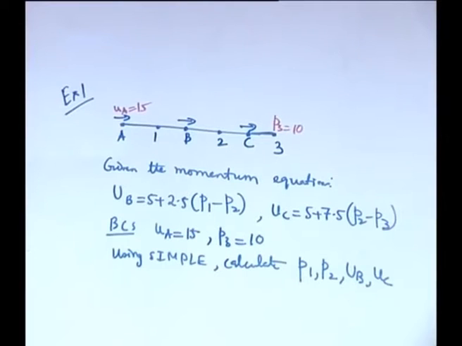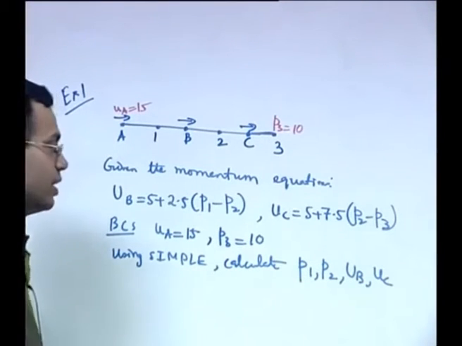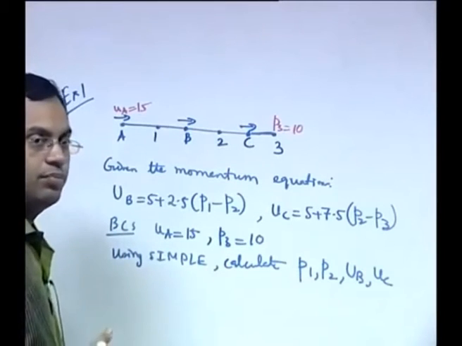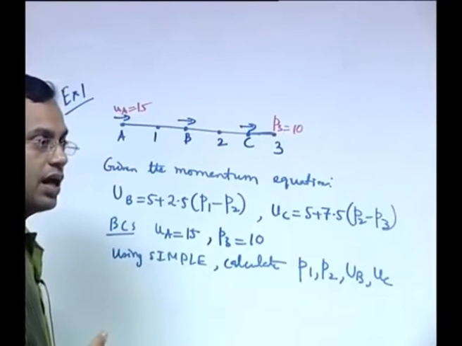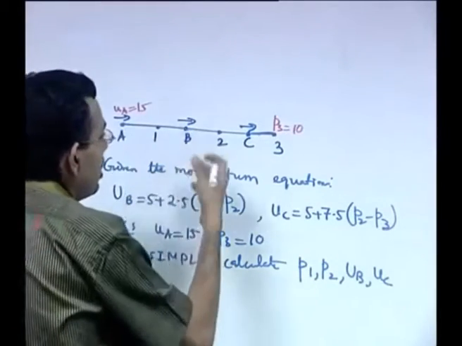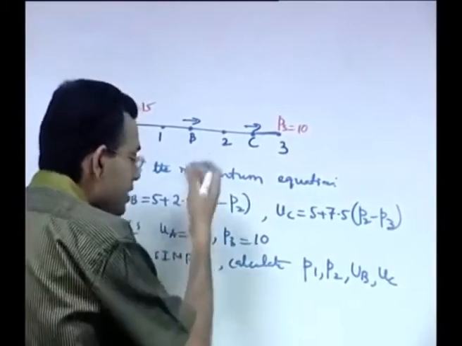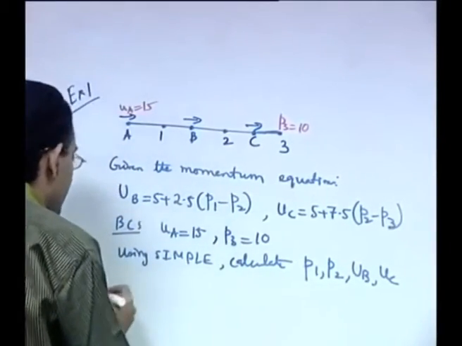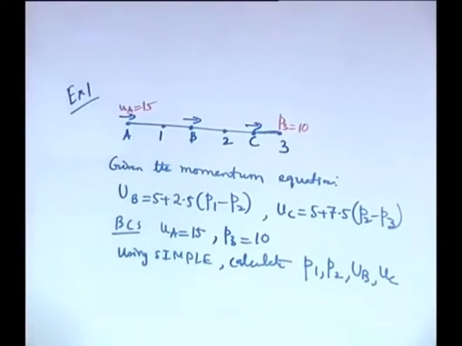So, what would be the first step? Guess P star, right. So, your first step is to guess the value of the pressure at each point. How will you guess the value of P star? You can make some intelligent choice, and even if you do not, any arbitrary choice will also do. So, let us just make an arbitrary choice to see how it functions.